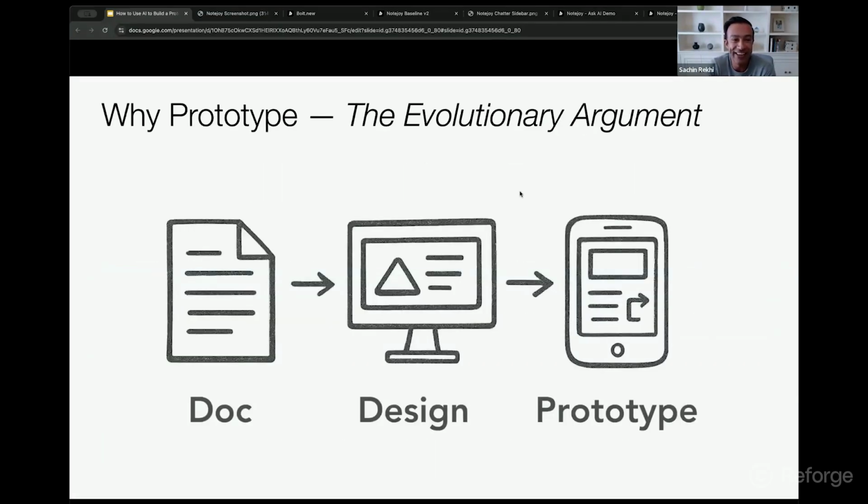So let's dive in. As I mentioned, where I wanted to start was answering this question of why prototype? Why is prototyping important in the first place? One way I can make this argument is really an evolutionary argument about where we are. When I started as a PM, I remember when I was at Microsoft, I used to write 30-page specs with lots of details about error conditions and whatnot. But the world has moved on from that.